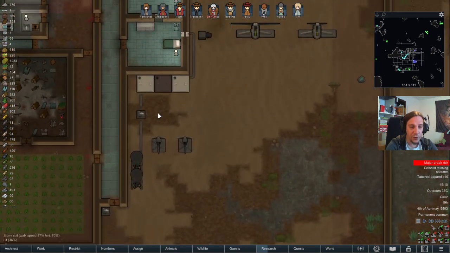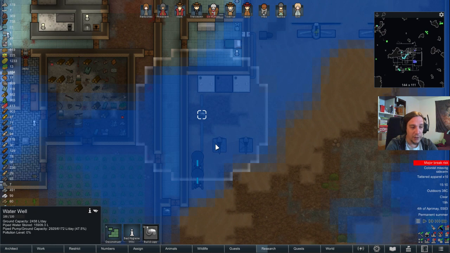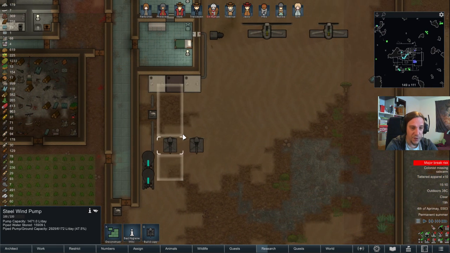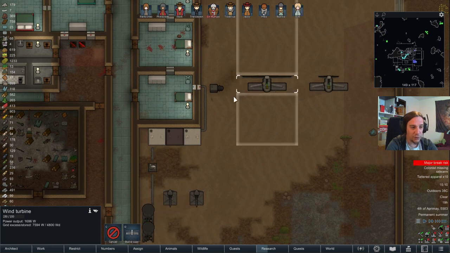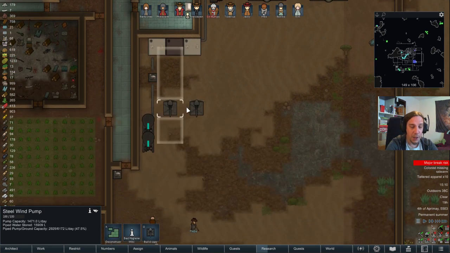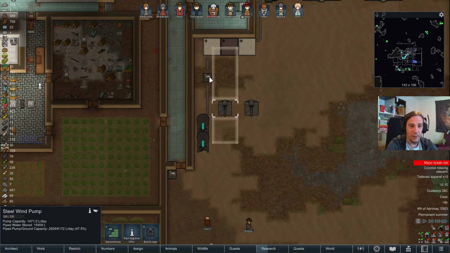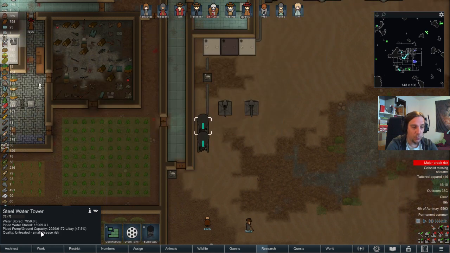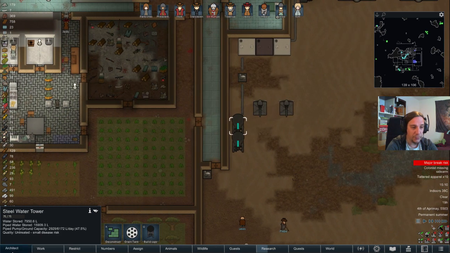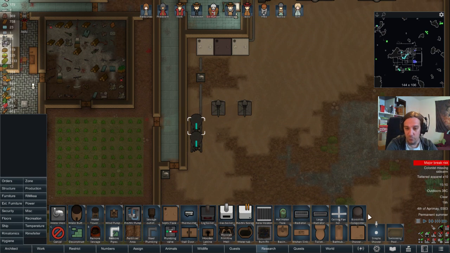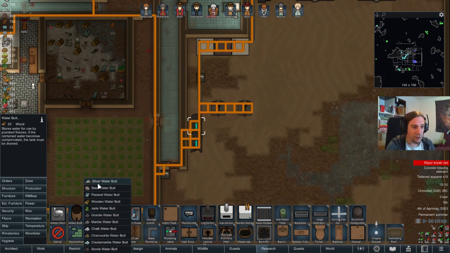But to get the water out of the ground, you'll need wind pumps. Wind pumps work just like your wind turbine. They catch the wind and they pump the water. The water has to be led somewhere where it can be stored. Here I'm using water towers, the smaller cousin of that being the water butt, which is a little bit of a smaller